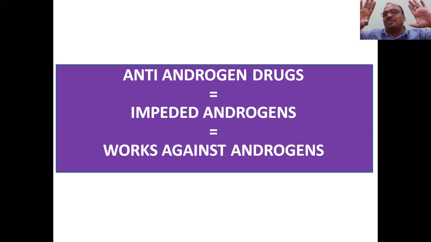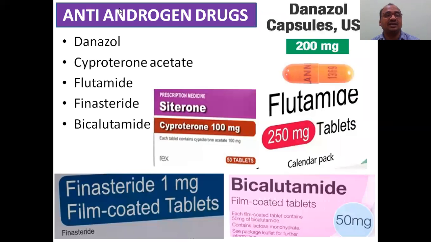Androgens are the male sex hormones. If male sex hormones are more and more, you have to give the reverse and suppress them, because of how bad the child's condition will become. This has appeared a number of times. It is also called impeded androgens. It works against the androgen. When there is an excess of male sex hormones, then you have to give an anti-androgen.